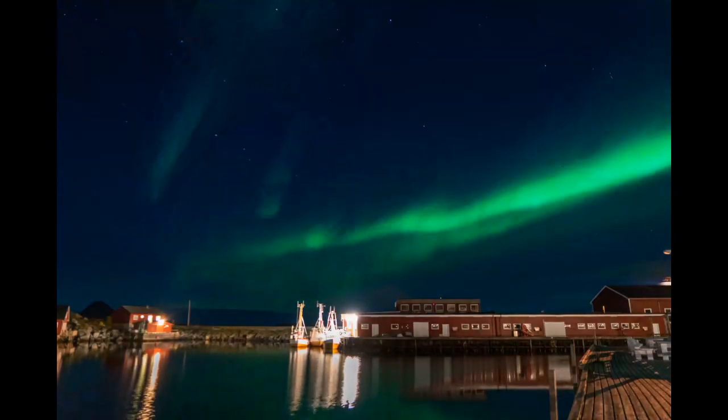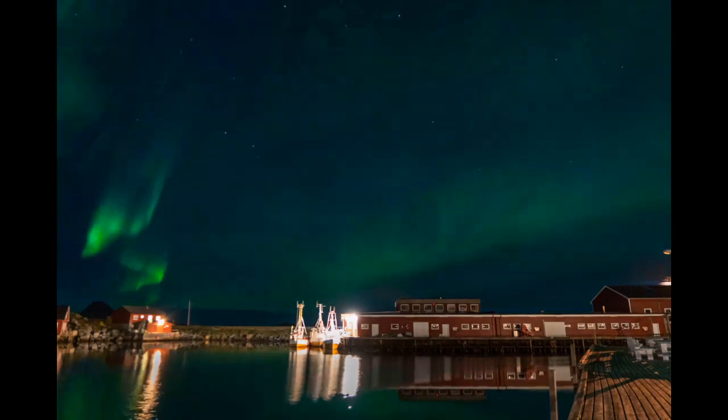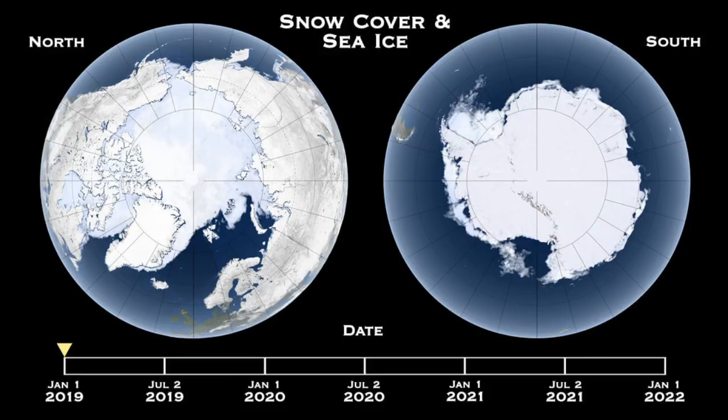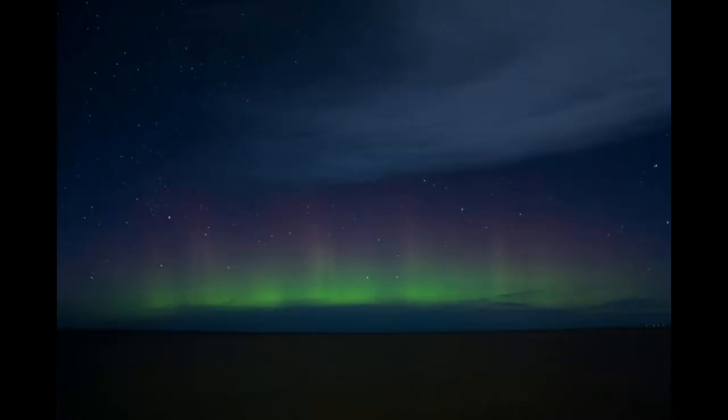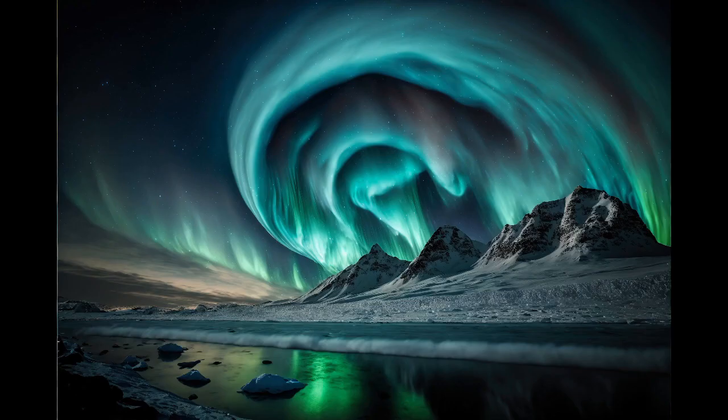Auroras are brilliant displays of colorful lights throughout the night sky that are generally visible in and around the Arctic and Antarctic regions of the planet. They can appear in a variety of different ways, from a faint glow on the horizon to dancing curtains of bending lights that cover the night sky. They get their name from the Roman goddess of dawn, named Aurora, and they come in two practically similar varieties.